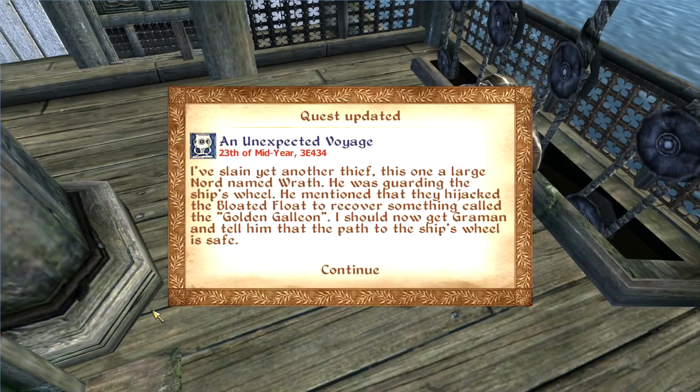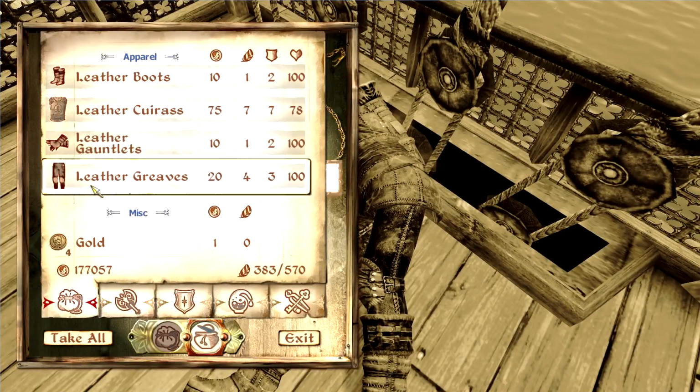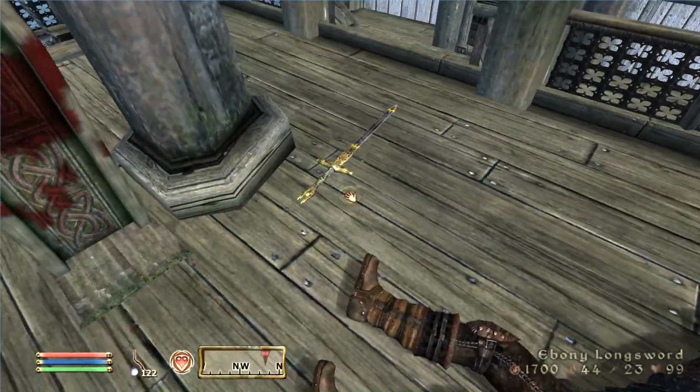I've slain yet another thief, this one a large Nord named Wrath. He was guarding the ship's wheel. He mentioned that they hijacked the bloated float to recover something called the Golden Galleon. I should now get Grommen and tell him that the path to the ship's wheel is safe. But no sign of Celine just yet. And we got a cabin key, ebony longsword. In fact...